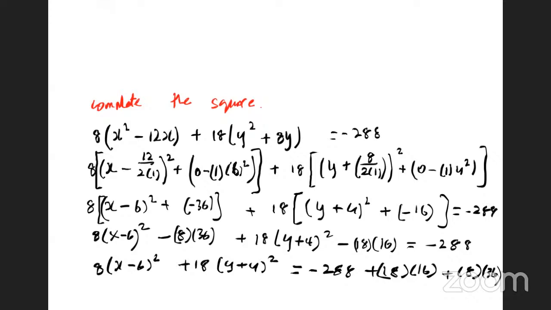All right, so the last part, you'll get 8 by x minus 6 squared plus 18 by y plus 4 squared. When you work out the right-hand side, you're supposed to get 288, I think. Yeah, 288, nice. And now it might look a little better because if you divide everything by 288,